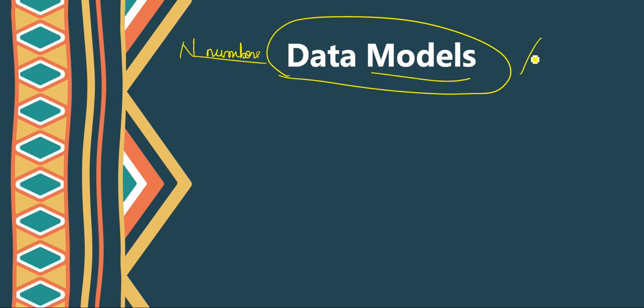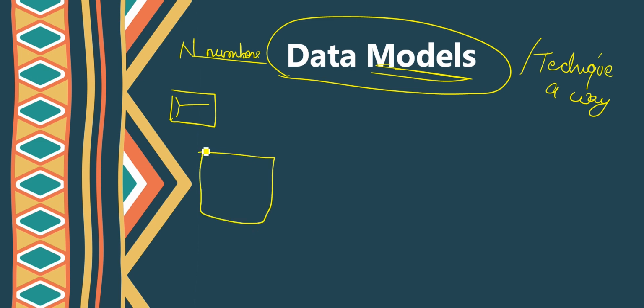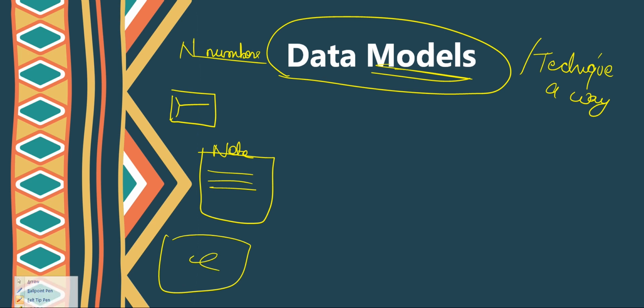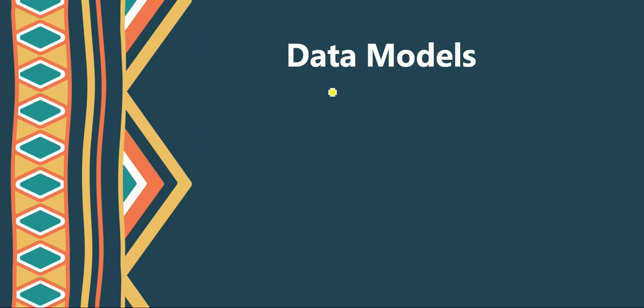A model is basically a technique or a way to store our data. Just like in our previous example, we have seen how we store our data in the file system, right? In the same way, there are different methods to store our data. We can store our data in Notepad, in different formats, in text format, in image format. So we can store our data using different techniques, different models, right?